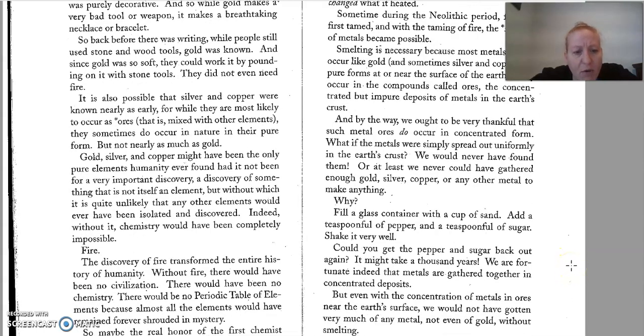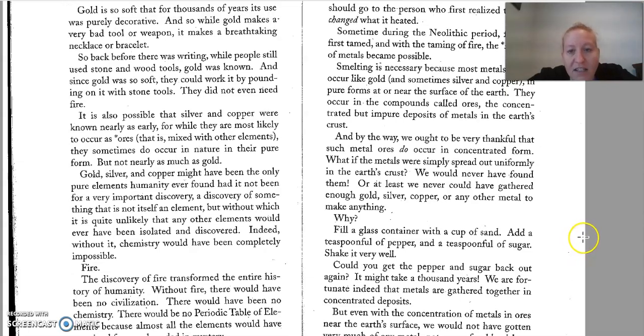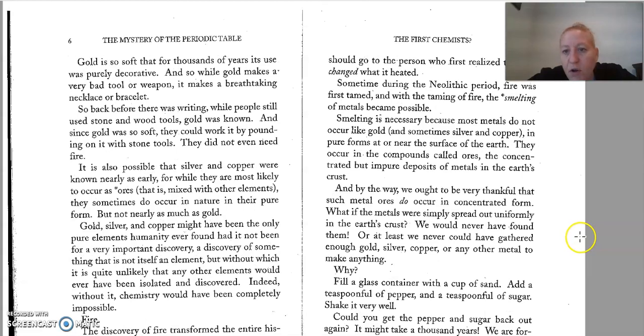Without fire, there would have been no civilization, there would have been no chemistry, there would have been no periodic table of elements, because almost all elements would have remained forever shrouded in mystery. So maybe the real honor of the first chemist should go to the person who first realized that fire changed things when it heated. Sometime during the Neolithic period, fire was first tamed, and with the taming of fire,